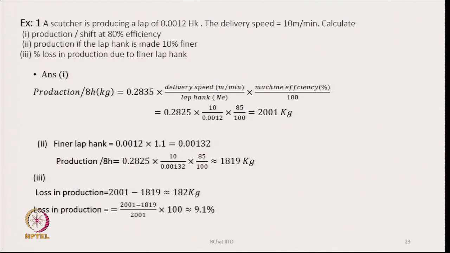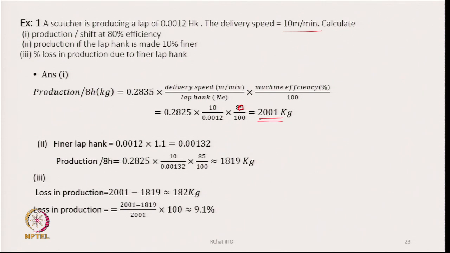And there is one example about production calculation. A scotcher is producing a lap of 0.0012 hank, delivery speed is given, find out production per shift at 80% efficiency. I straight away use that formula and substitute the values. We get a figure 2001, you have to practice yourself, you can work it out. If it is 80% efficiency,